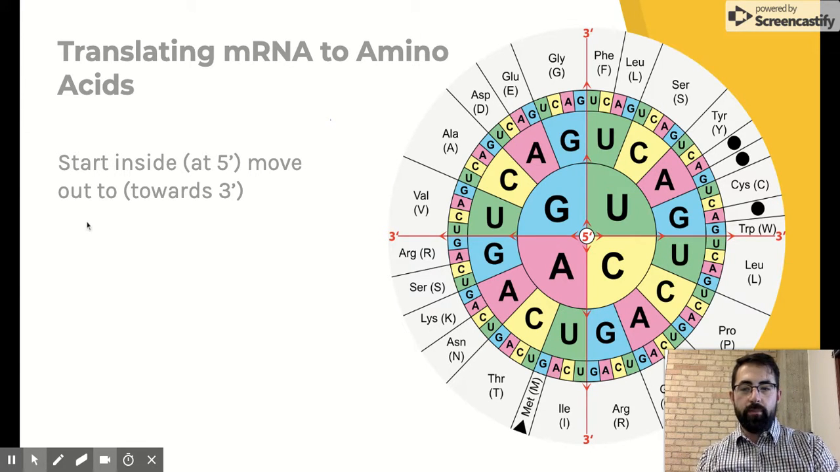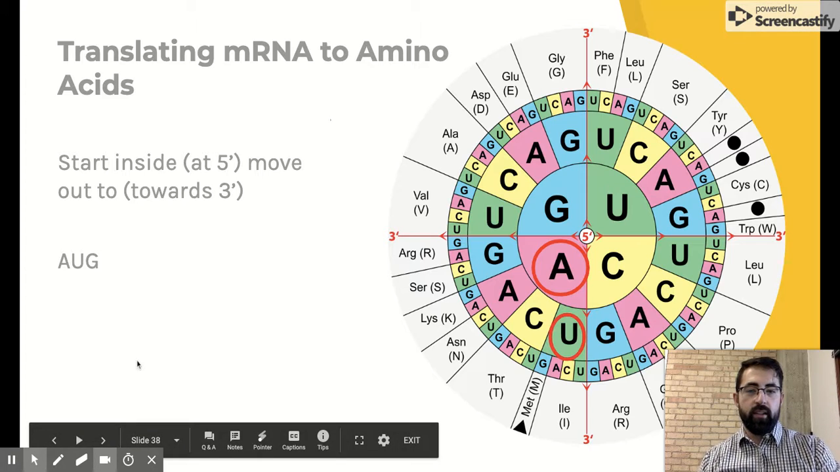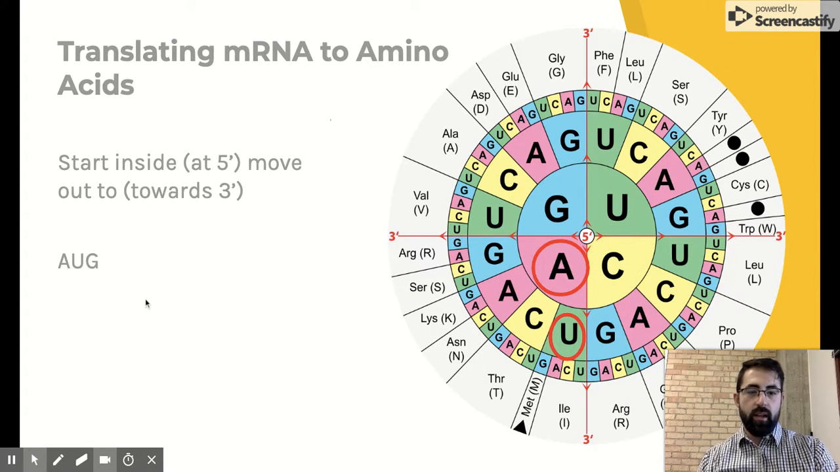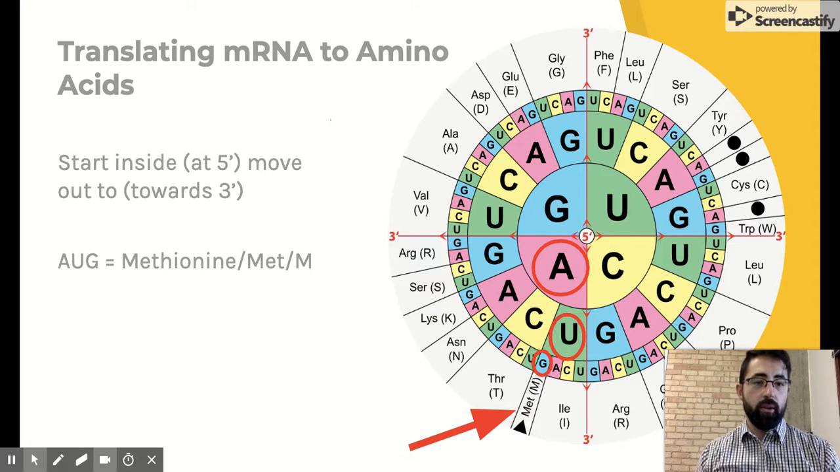So let's say that we have the codon AUG. We start in the middle, and A is first. So A, then we read to the next outer circle, U, and then G, and this lands us on methionine, which is actually one of the more important ones, as this is the start command to start synthesizing a protein. So this is how we read